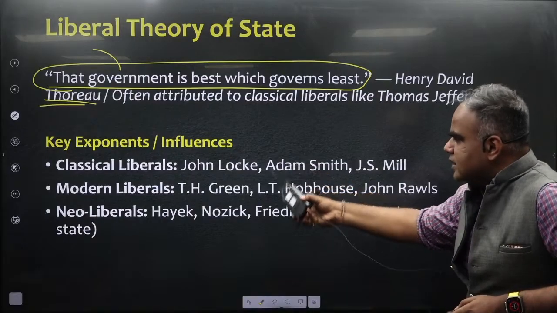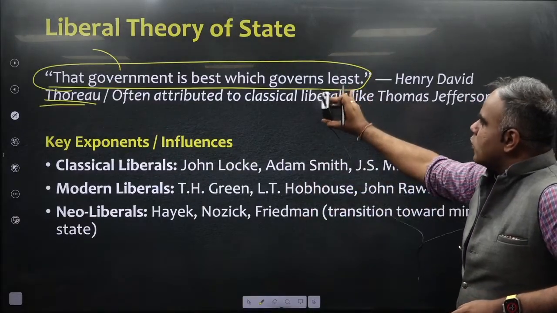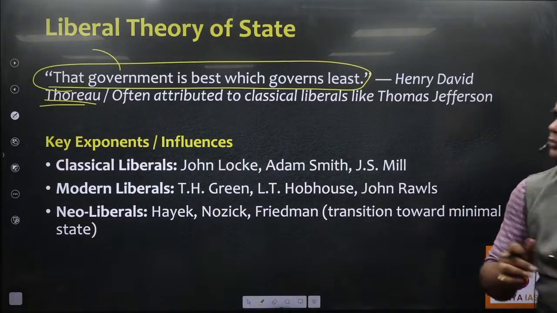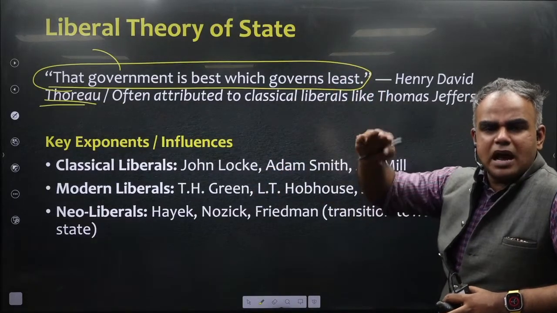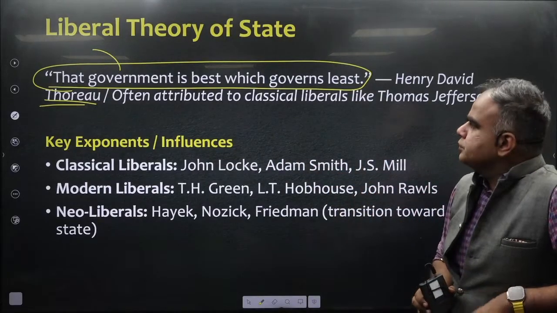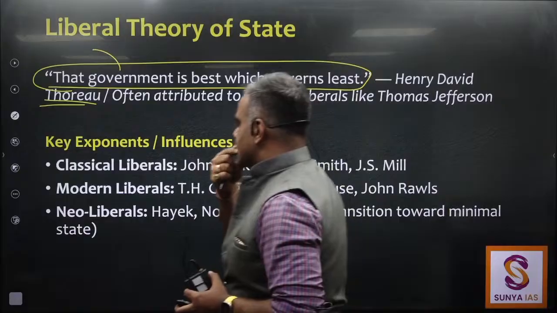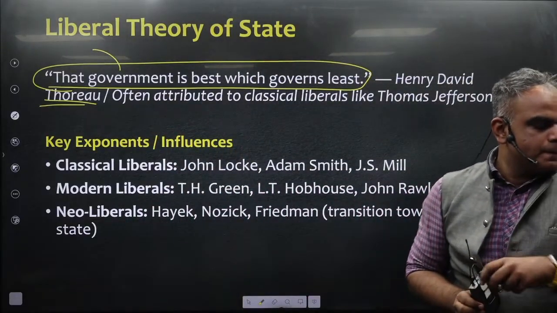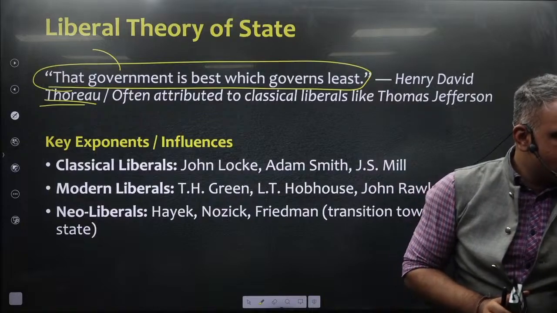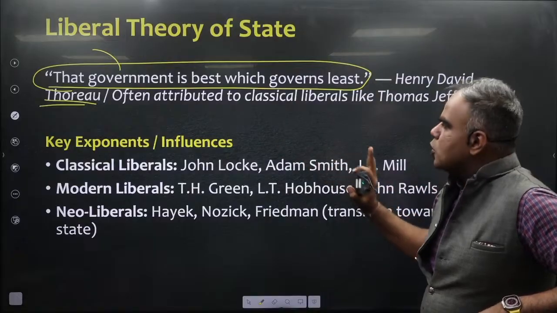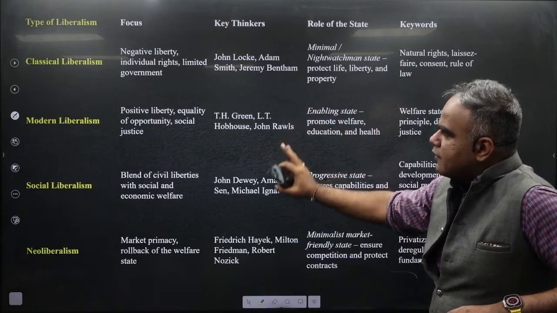Now instead of writing this down, I will show you. Of course the quote is important, which can be used, but we would also see a proper table where I have outlined the four major schools of thought within liberalism. For now you just have to write the quote. After that, let's quickly have a look at this.